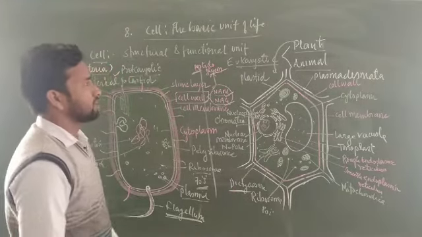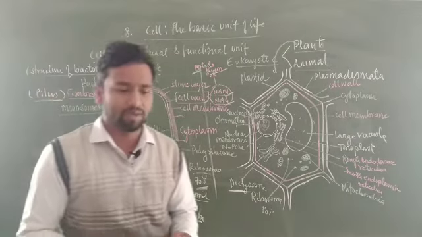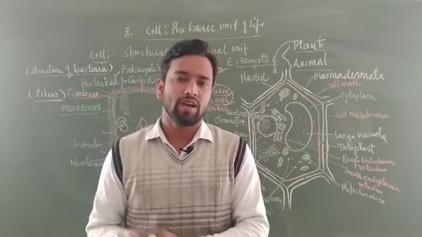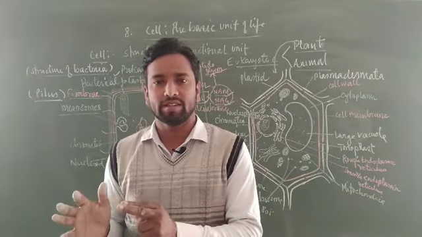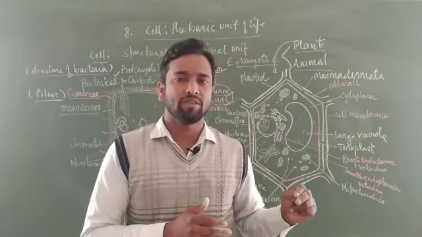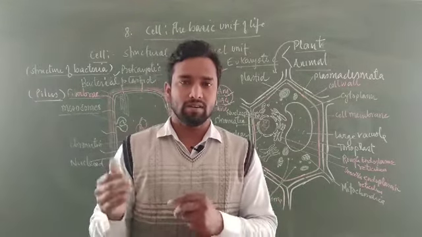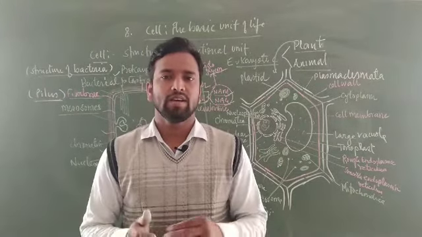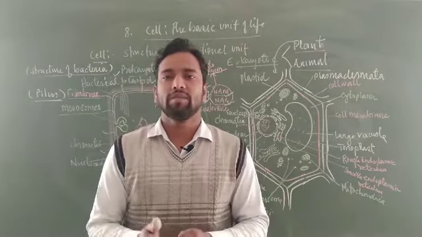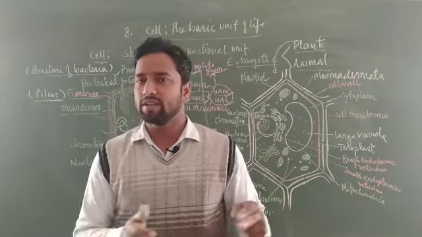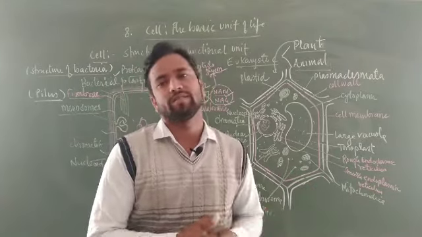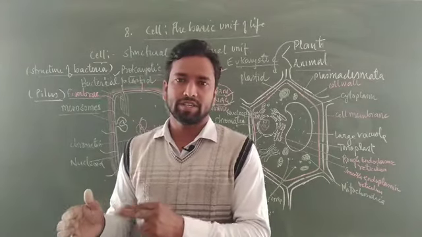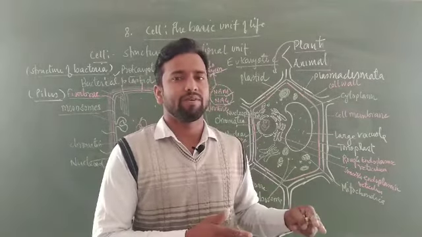Now students, what is the basic difference between plant and animal cells? Basically focus on 4 points. First, the plant cell possesses a cell wall, due to which its shape, size and structure are fixed, but the animal cell does not possess a cell wall. The plant cell possesses plastids, the animal cell does not. The plant cell has large vacuoles, while the animal cell has small vacuoles or they are absent. In place of the Golgi body, dictyosomes are found in the plant cell, while the animal cell has the Golgi body.